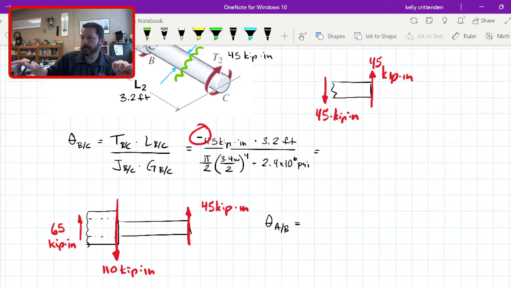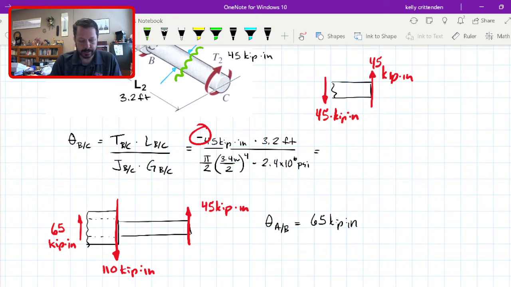Now, the WebWork problem does specify that positive is what I've drawn as down. So I've actually done them backwards, I guess. Yeah, because I gave the down one a negative sign, so I actually did it backwards, but we'll fix that at the end. All right, so we've got a 65 kip inch